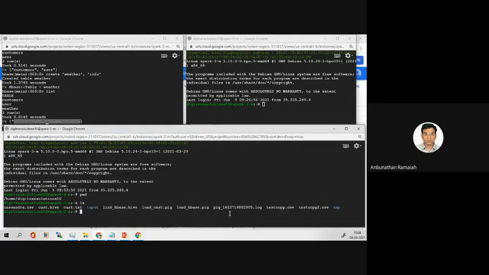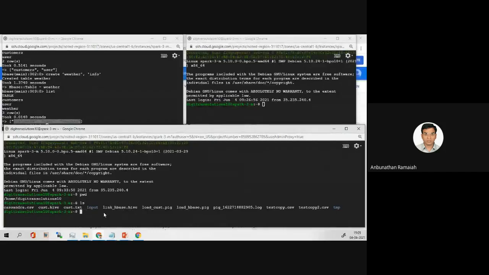Here you can see, once you run the clone command, the folder will be cloned.